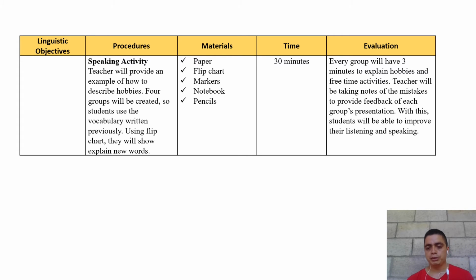So with this information, students will be able to improve their listening and speaking, because they will be presenting, but once they do a presentation, I will be taking notes and helping them to improve their speaking abilities, because sometimes